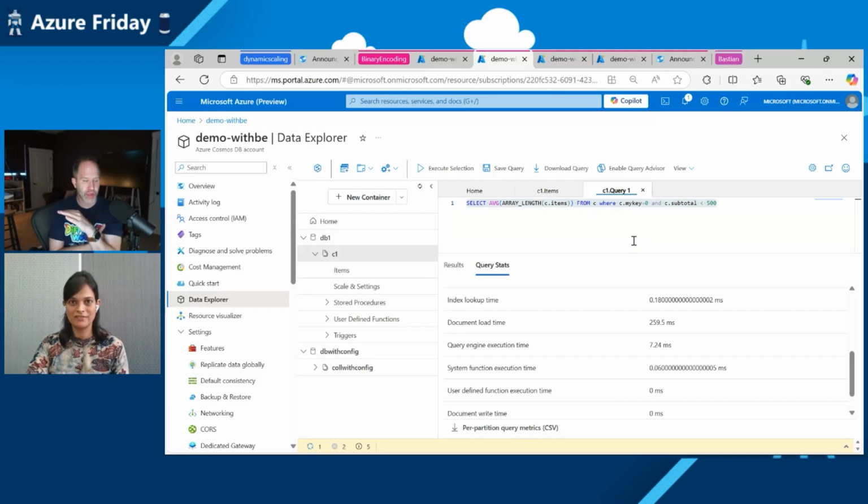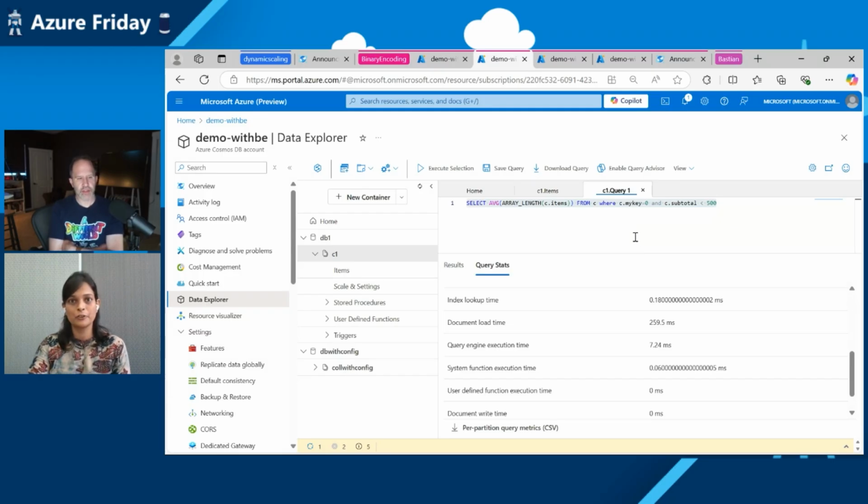Binary encoding is going to be one of the biggest improvements for everybody who's using Cosmos DB, and they're all going to get it for free. Yeah, and one caveat here is it depends on the type and the volume of the documents and the complexity of the queries that is used. So we can see a much lesser improvement if the query is not that complex and we do not have any nested objects in the query. It can turn out to be a very small difference. But if it is a bigger query with a lot of nested queries in it, then you can see a huge optimization, even higher than this.